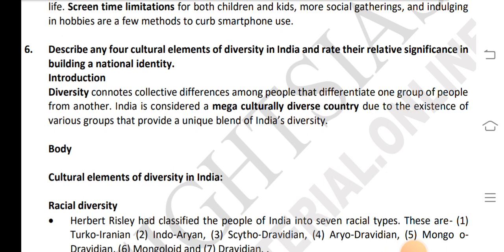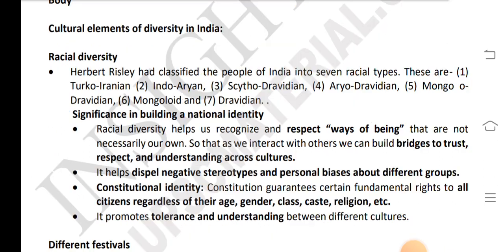Diversity connotes collective differences among people, and the differences of one group of people from another. India is considered a mega culturally diverse country, and due to the existence of various groups, it provides a unique blend of Indian diversity. Cultural elements of diversity in India. Racial diversity. Herbert Risley has classified